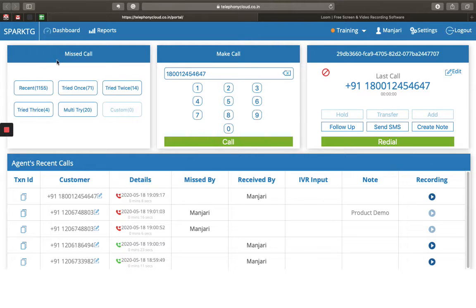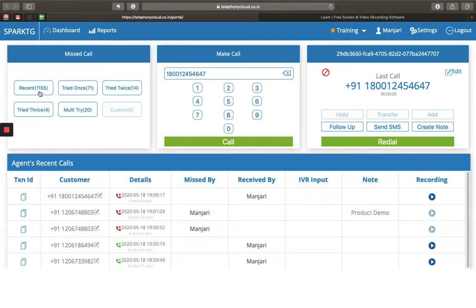On the extreme left, you see is the missed call section. So these are the number of total missed calls for the service. Recent missed are the numbers of the callers who called up the service, but nobody has yet followed up with them. Once you click on this button, a call is initiated to the recent missed call list number, and first the call is received by the agent, then to the customer, and then both are bridged.